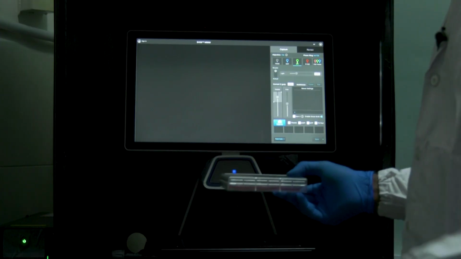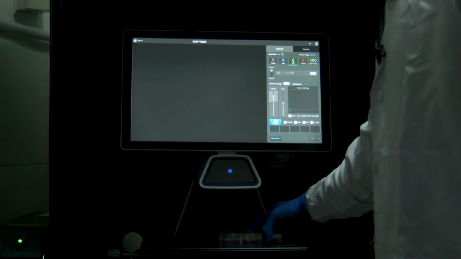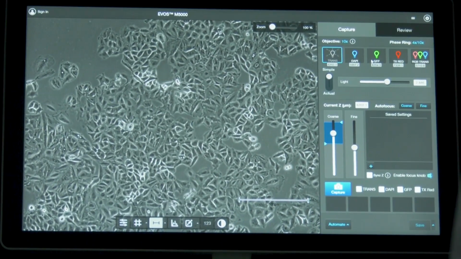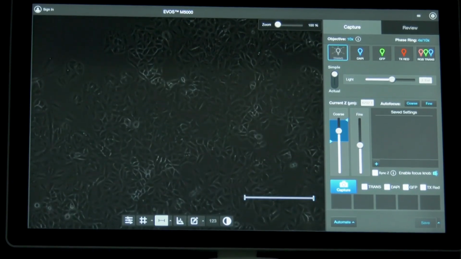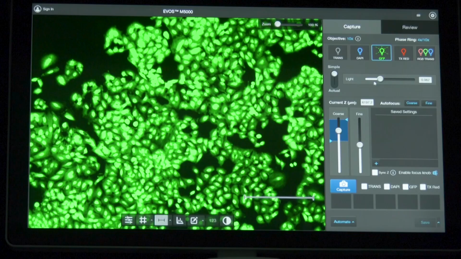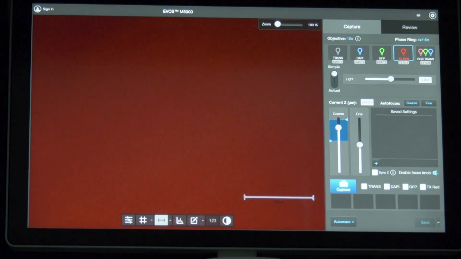Next, observe the cells under the microscope while they are still in DPBS. Here you can see live cells in the control well with no dead cells visible.